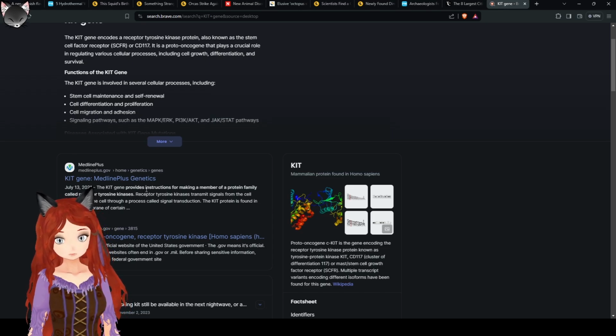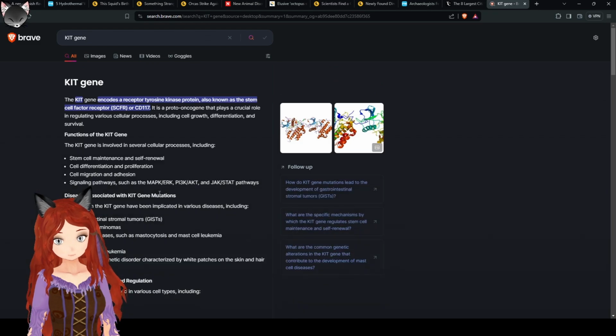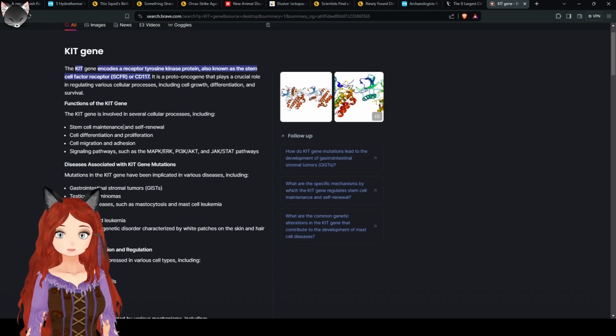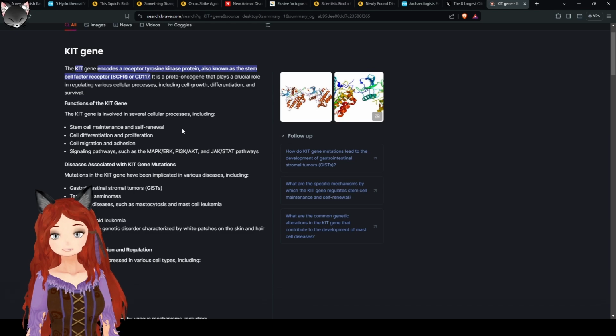The KIT gene provides instructions for making a member of a protein family called receptor tyrosine kinases. Receptors transmit signals from the cell surface into the cell in a process called signal transduction. It's a proto-oncogene that plays a crucial role in regulating various cellular processes, including cell growth, differentiation, and survival. The KIT gene is involved in several cellular processes, including stem cell maintenance and self-renewal, cell differentiation and proliferation, cell migration and adhesion, and signaling pathways such as